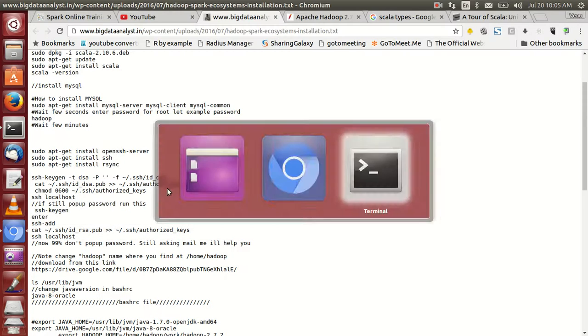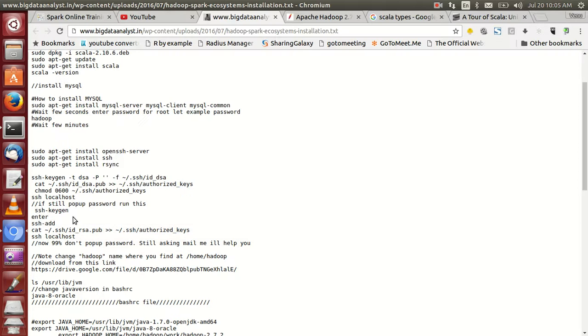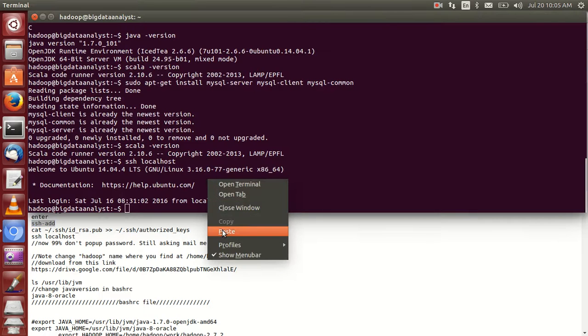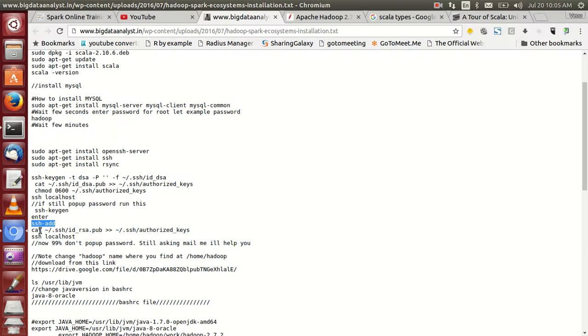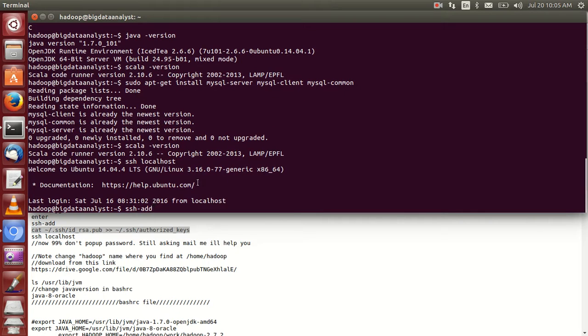If it does not pop up a password like this, don't run these commands. Then run this command. Next enter, and once again enter. Finally, run this command in the terminal. Finally, you have to run this command.